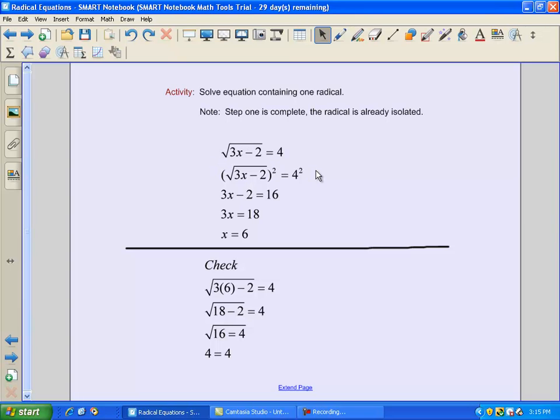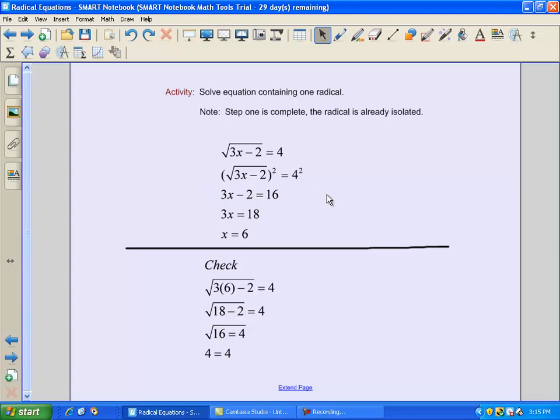That's why we chose to raise both sides of the equation to the second power. The idea being that as soon as I square, the square root's going to become a first power, which means there's no need to have a radical around it anymore. The 4 squared becomes a 16, and this is what we had talked about down in step 3 where you